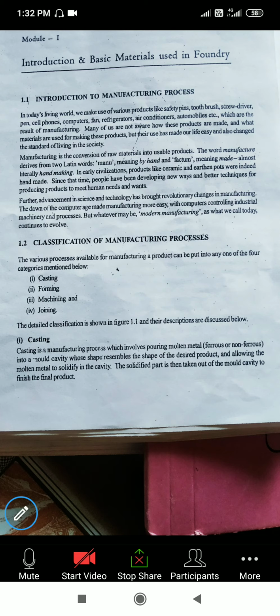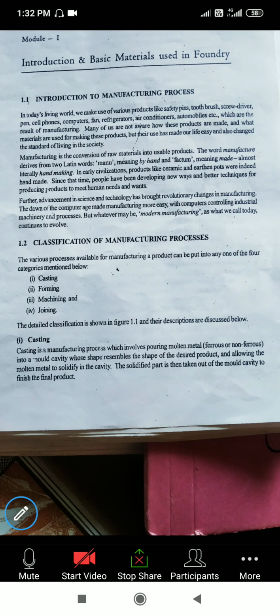This is a revision class for module number one. I am going to conduct a quiz on Monday, the 11th. So be ready with module number one and go through each and every concept in the module. So let us